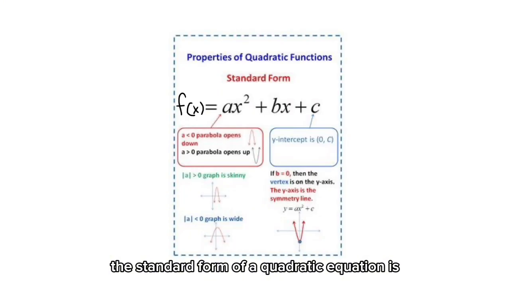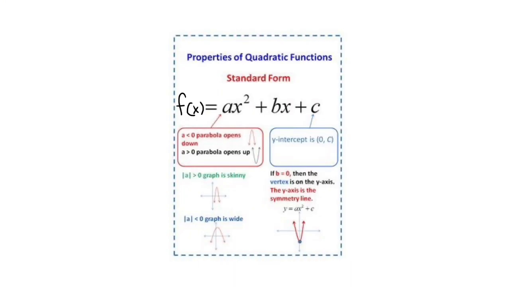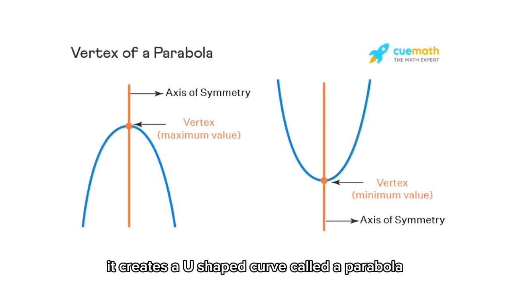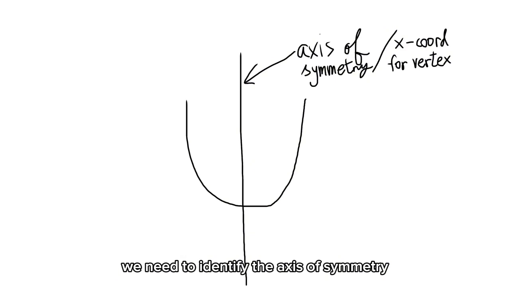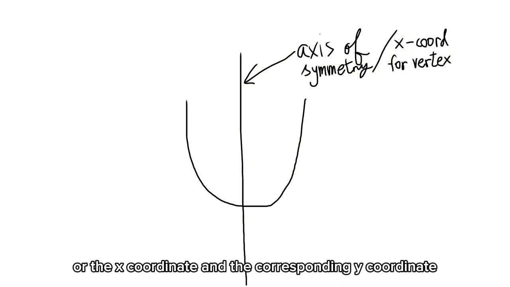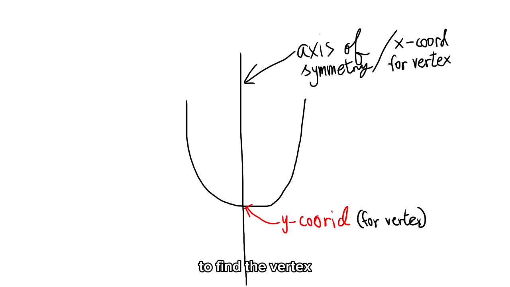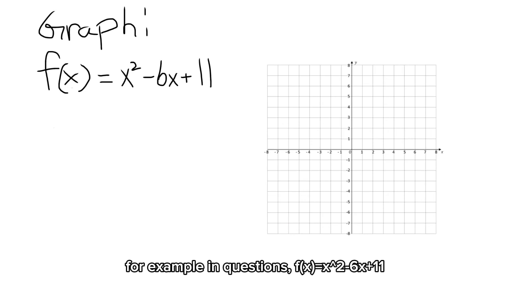The standard form of a quadratic equation is f(x) equals ax squared plus bx plus c. It creates a U-shaped curve called a parabola. To accurately graph a parabola, we need to identify the axis of symmetry, or the x-coordinate, and the corresponding y-coordinate to find the vertex. For example, in the question f(x) equals x squared minus 6x plus 11, we need to identify